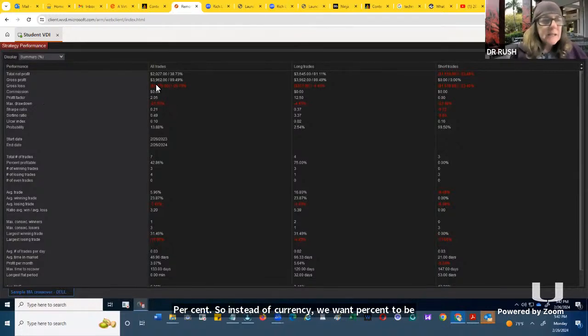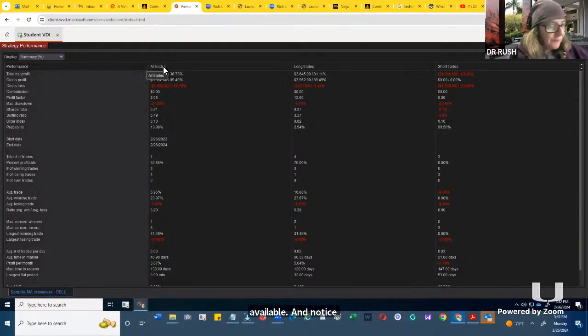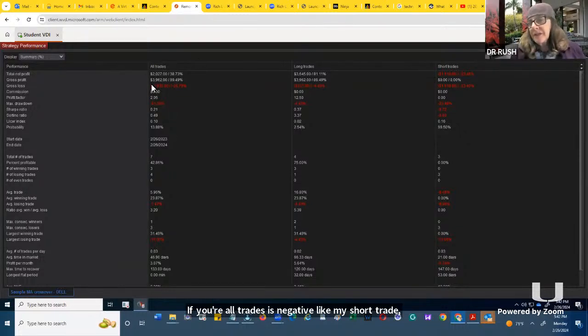And notice, for all trades, you want to look at the column for all trades. My all trades is 38%. If your all trades is negative, like my short trades, then you want to pick another symbol. For right now, keep what you have, but after you get negative,